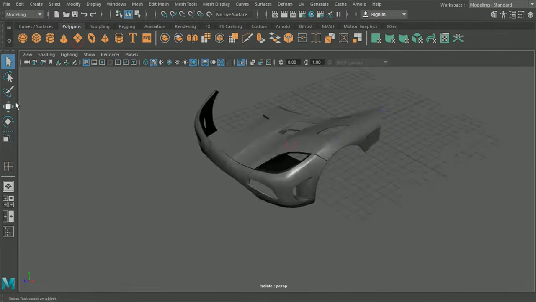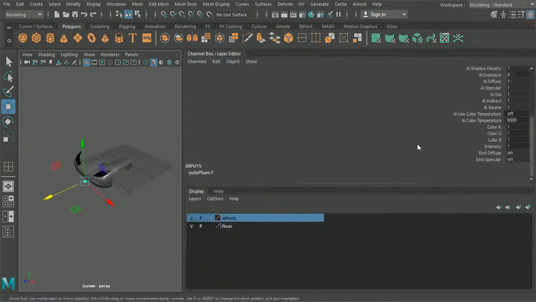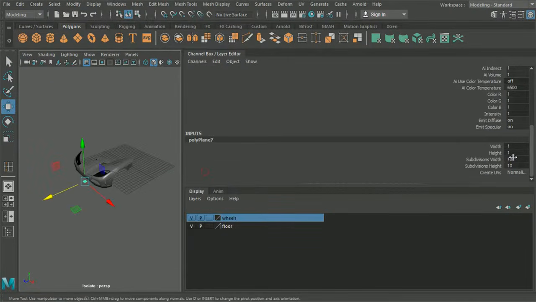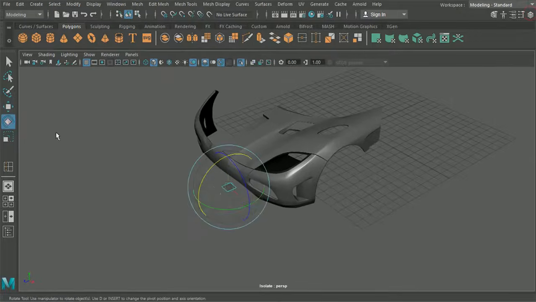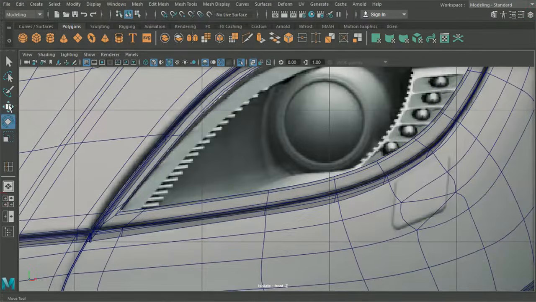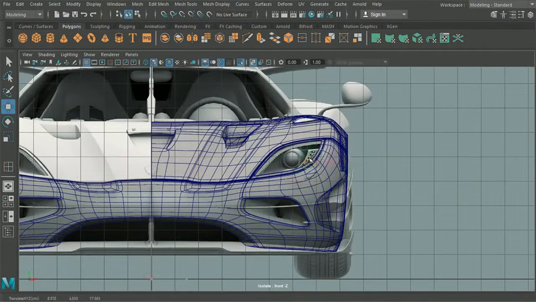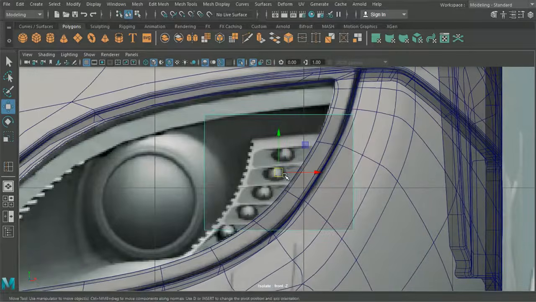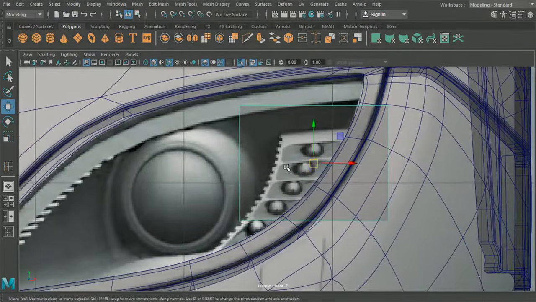Now it looks to me like these signals here shouldn't be too tricky to do, so let's just take our subdivisions back down here to 1, and then we'll just rotate it slightly so we can see it better in this frontal view. So because we've got these individual blocks here, we don't have the blocks on this section. This section looks more flush with the LEDs just placed on top.